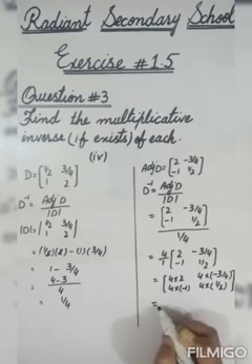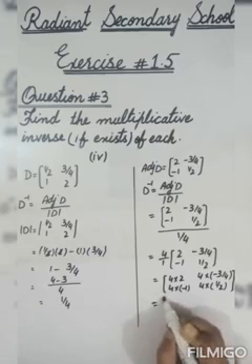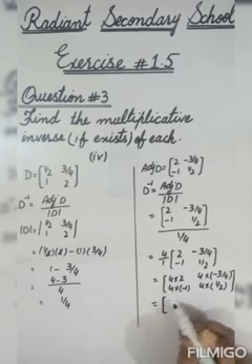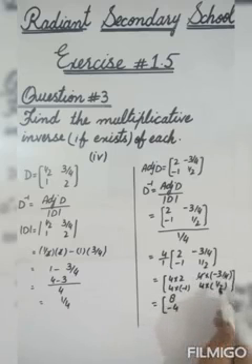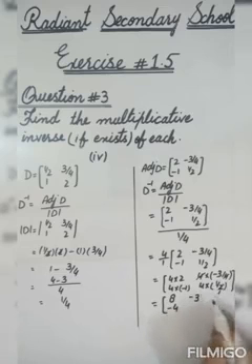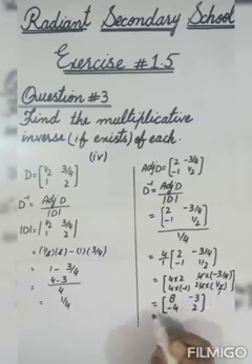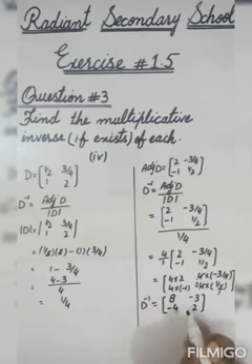By simplifying, it is equal to 4 2s are 8, 4 multiplied by minus 1 is equal to minus 4, and by simplifying 4 cancels with 4 and it is equal to minus 3, and 2 1s are 2, 2 2s are 4, and the answer is 2. The multiplicative inverse of D is equal to 8, minus 4, minus 3 and 2.